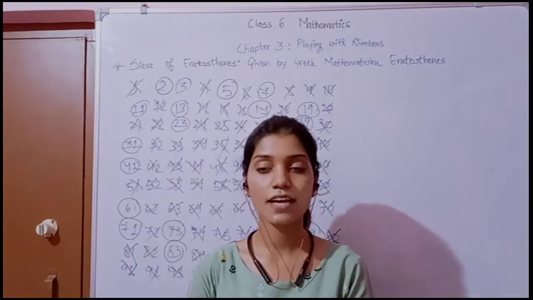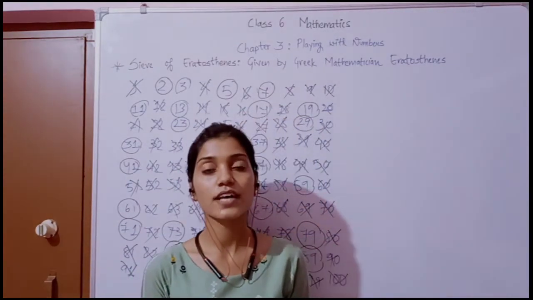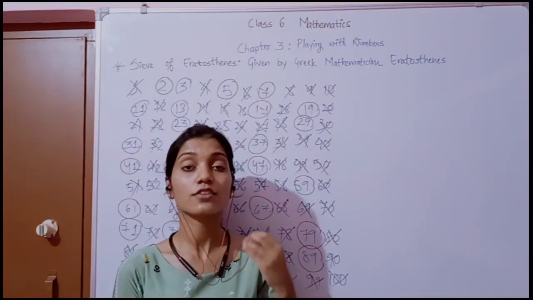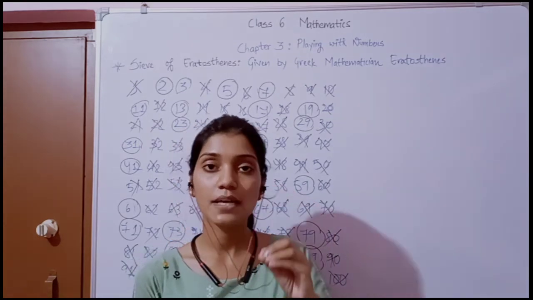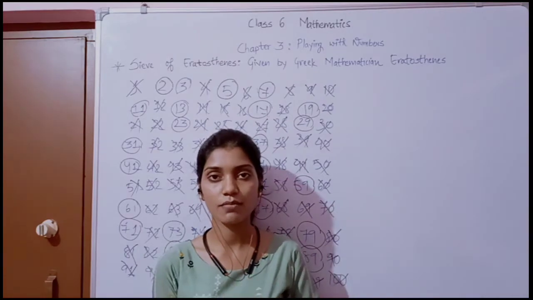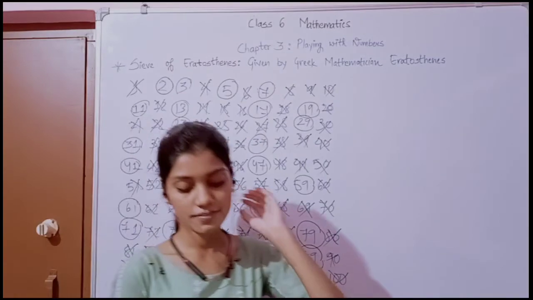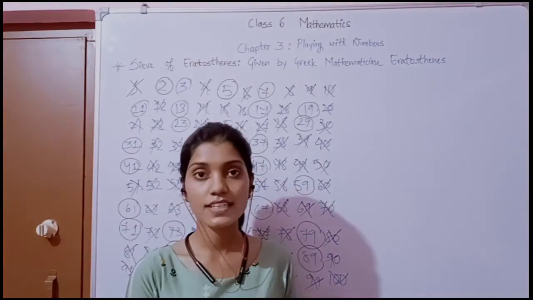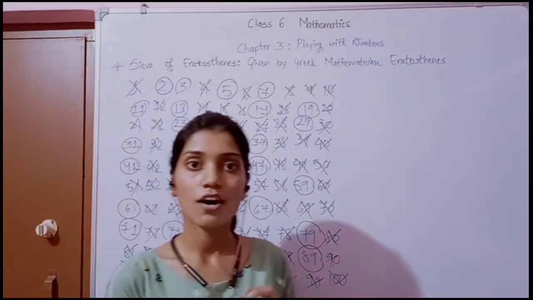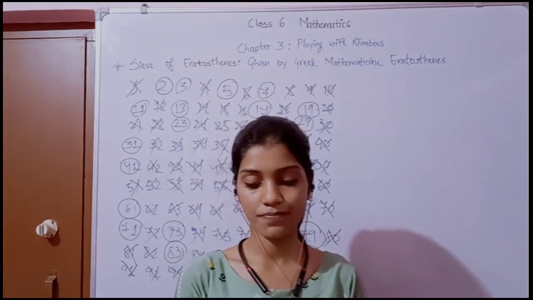Now let's see another type of number, that is even and odd numbers. I have already explained what an even number and an odd number are. Even numbers are those which come in the table of 2. This is an easy way of remembering. The multiples of 2 are known as even numbers. And odd numbers are the rest of the numbers which do not come in the table of 2. So I hope even and odd numbers are clear to you all.